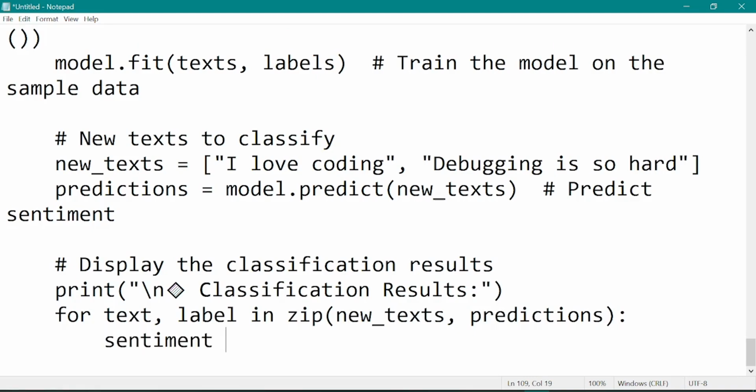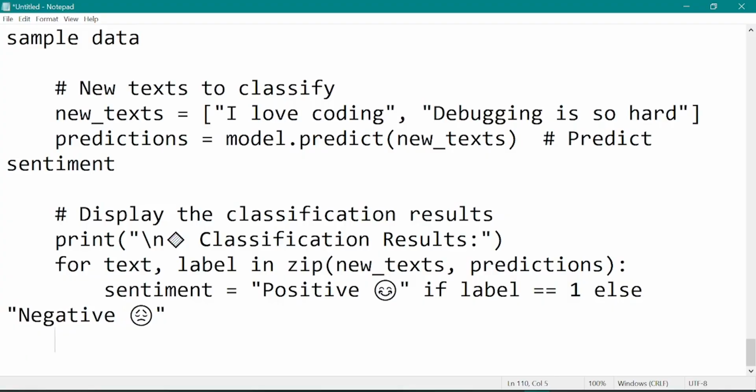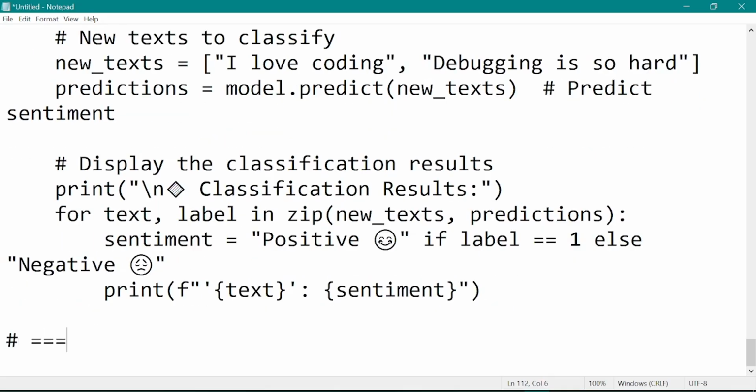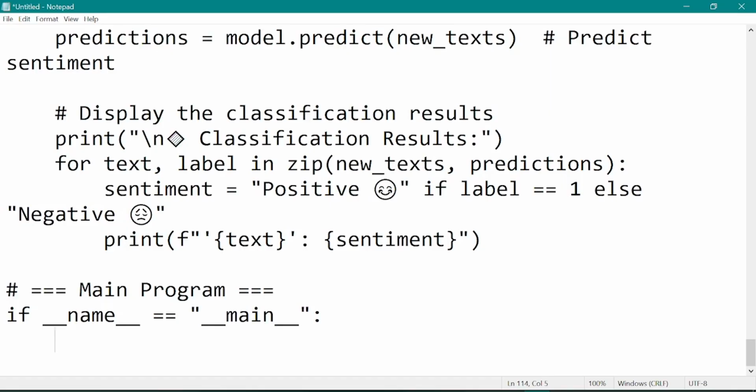Then we need the sentiment object to take on positive if label is equal to 1, else negative. And we can use the negative icon and positive icon as well, and you can print the exact text of the sentiment. And now you can close our program, with if __name__ == "__main__":